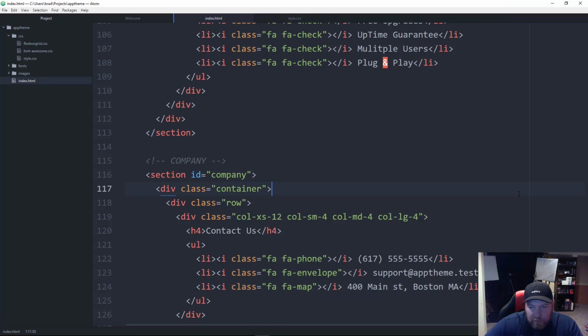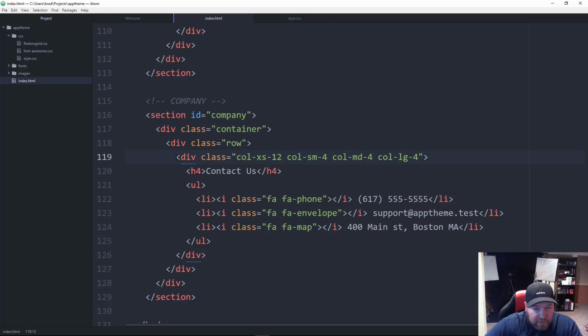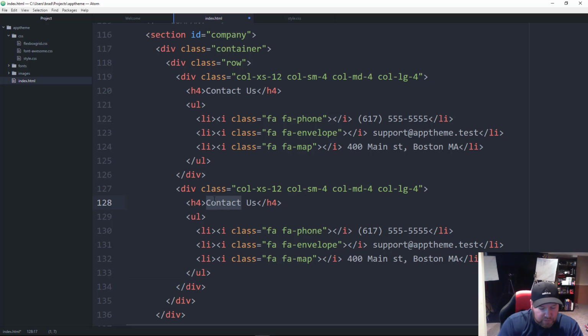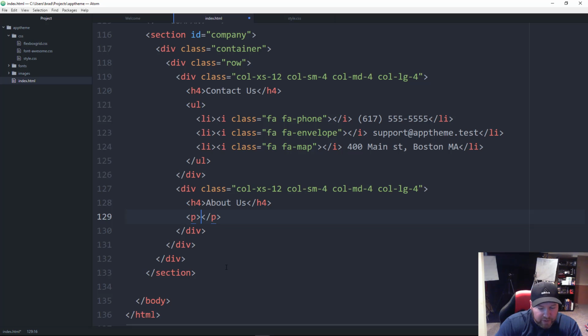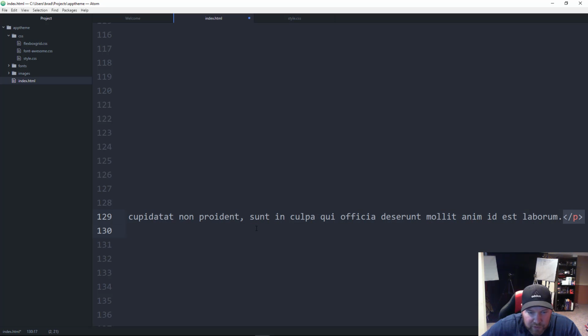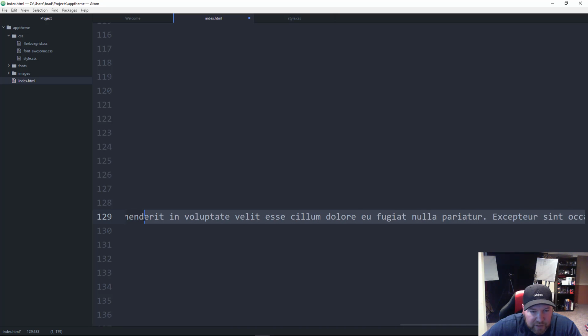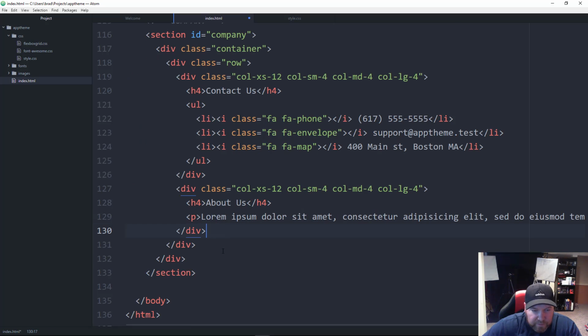Alright, good. So next one will be about us. I'm going to copy this whole div right here. And then this will be about. And then as far as this, we're going to get rid of the UL and just put a paragraph and say lorem tab. And then I want this to be a little shorter. Let's go up to here. So that's the about, and then we'll paste in